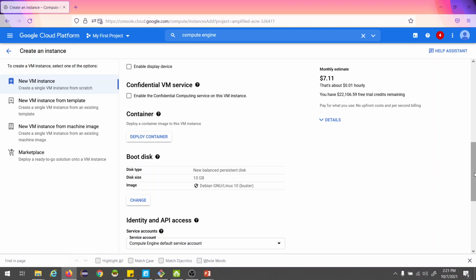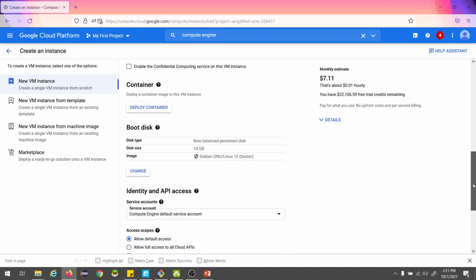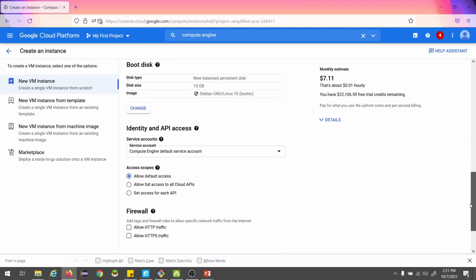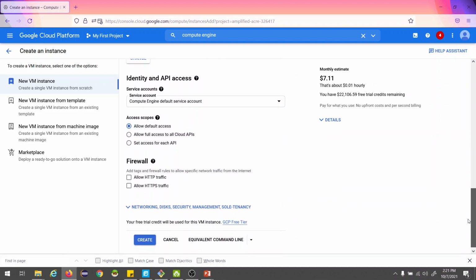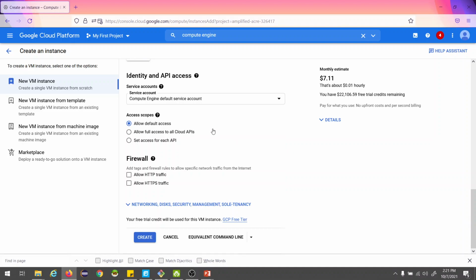Now moving ahead, we have some more options such as access scopes, by using which you can define what type of access this VM will have to other GCP services, and then the firewall rules.